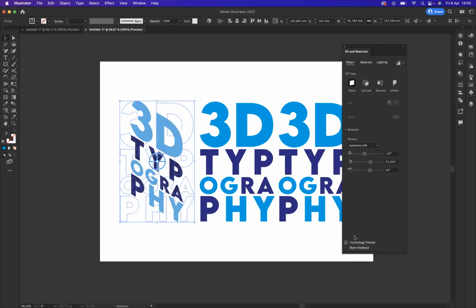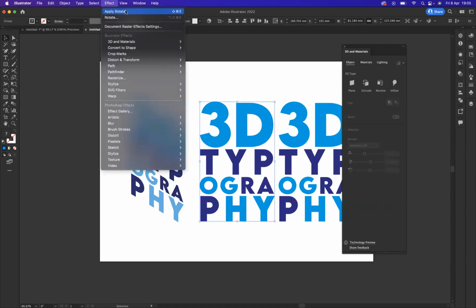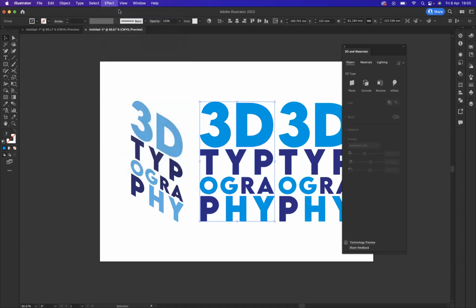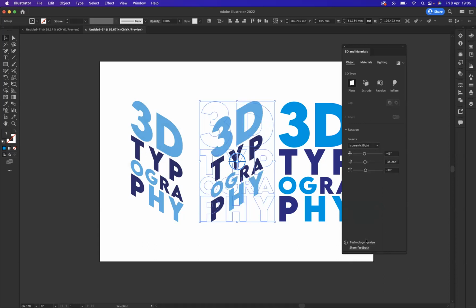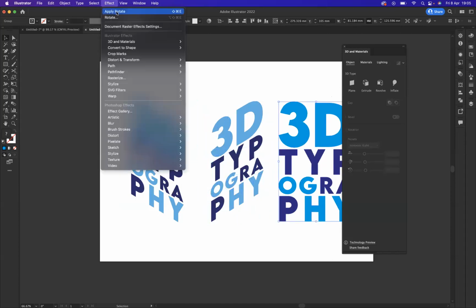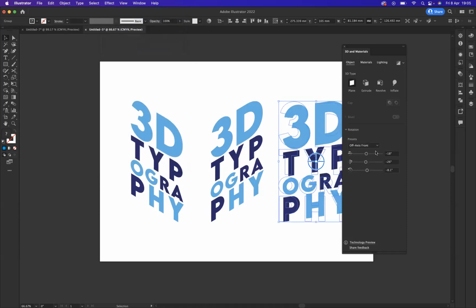Okay. So with my selection tool, I'm now going to select the middle text group, and I'm going to come to Effect, and I must apply rotate first of all. And then I'm going to come to our 3D materials option here, come to our presets, and this time what I'm going to use is isometric right. Okay, and then with the third text group, I'm going to follow the same process. I'm just going to select it like so. I'm going to come to Effect, apply rotate, and then with the preset options, what I'm going to use now